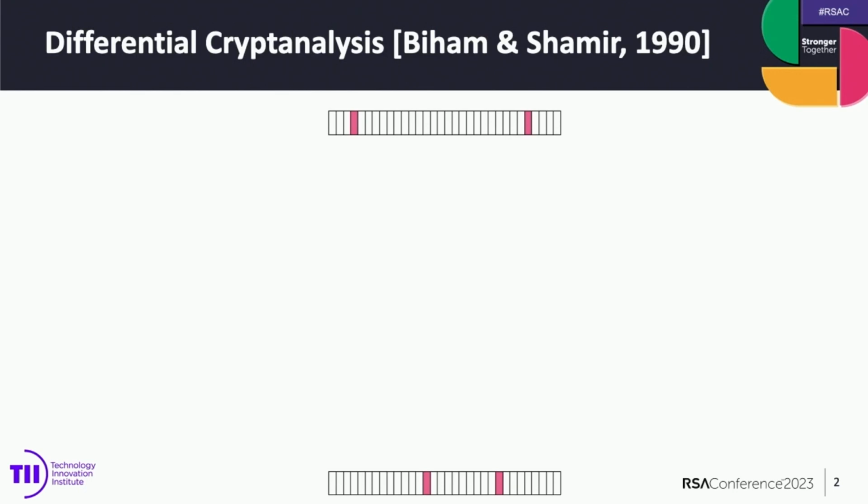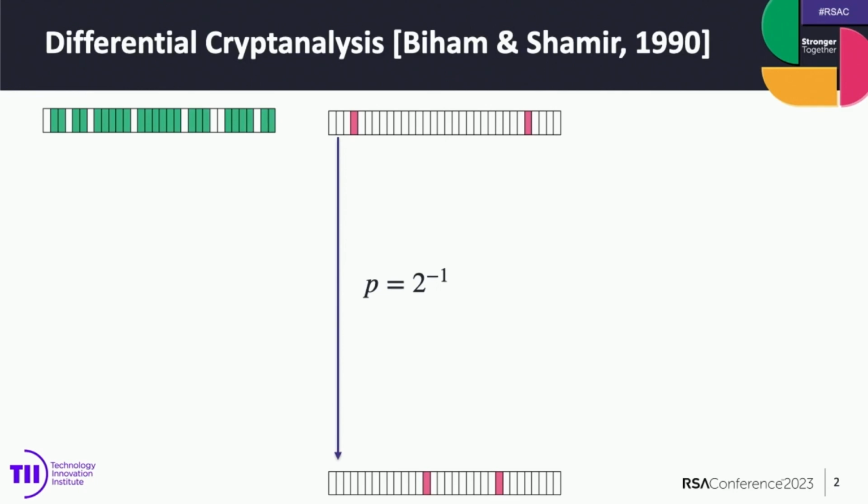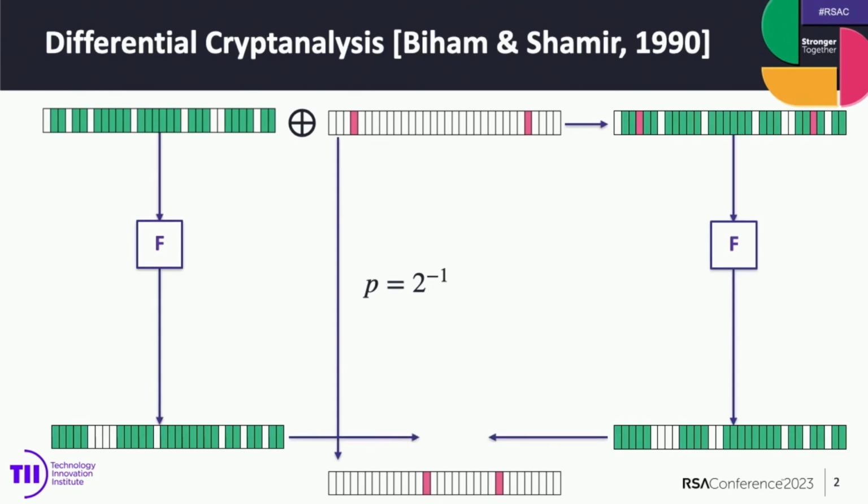To check if a cipher has this property, we need to generate a random state XOR with the input difference, and after that, we need to apply the cipher and check if the XOR of the results is equal to the output difference. If this happens, then this cipher has this differential property.